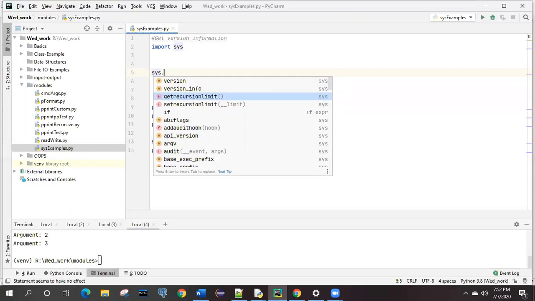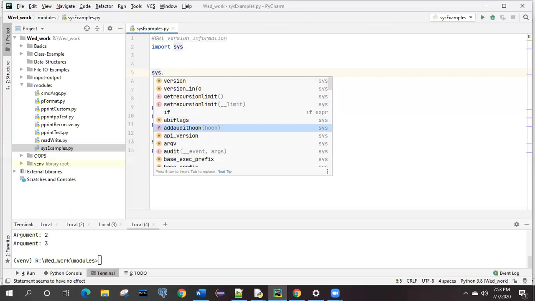And if you see the immediate next method, it is showing setrecursionlimit. It means if something is there, like 1000, and now I want to change it to 1200 or 1500, we can do that by making use of this setrecursionlimit. Like that, we have this hook, but it is not related directly to the sys module. But by making use of the sys module, we are able to work.